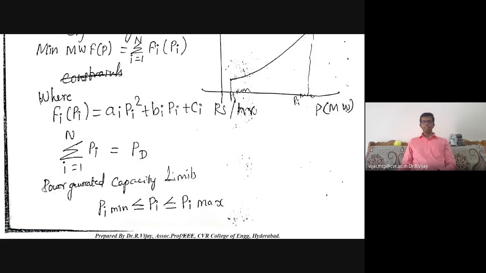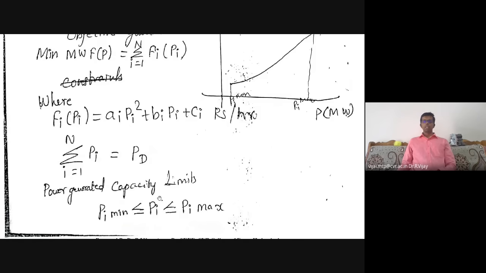So the next constraint is the minimum and maximum operating limits, or power generation capacity limits. Okay, so here whatever the power generation, that should be within the minimum and maximum operating limits. Say for example, 1000 megawatt is the power generation. So the minimum power generation that is specified for that particular generator is, say for example, some 850 megawatt or 900